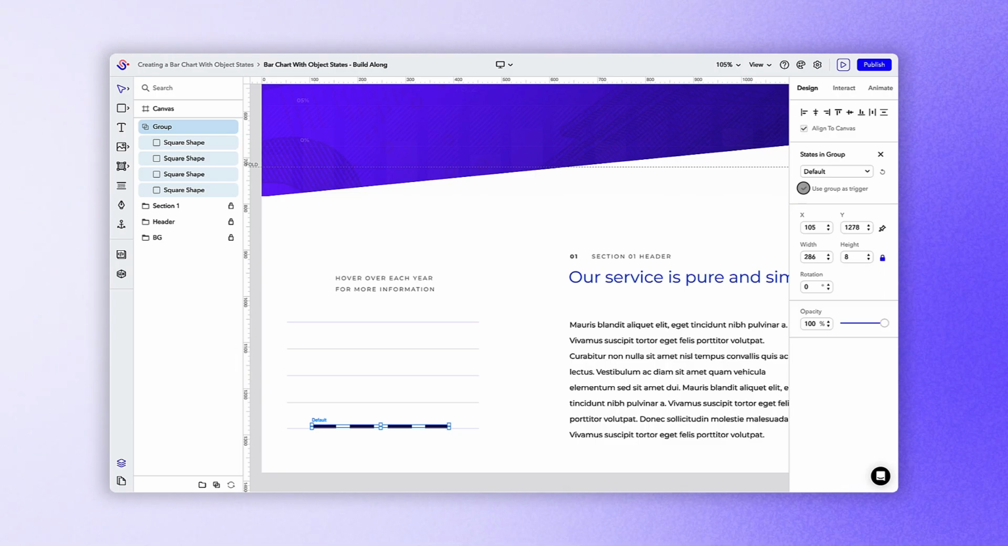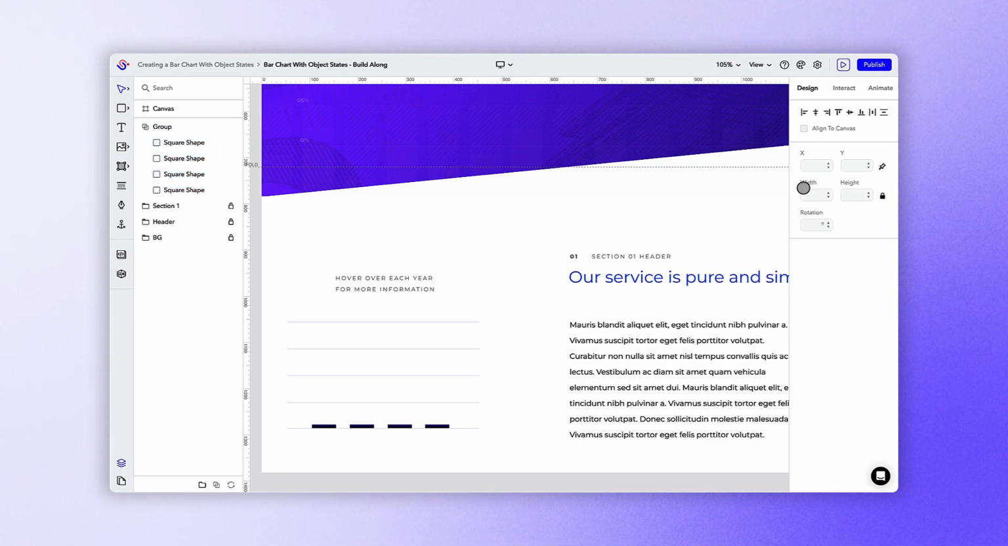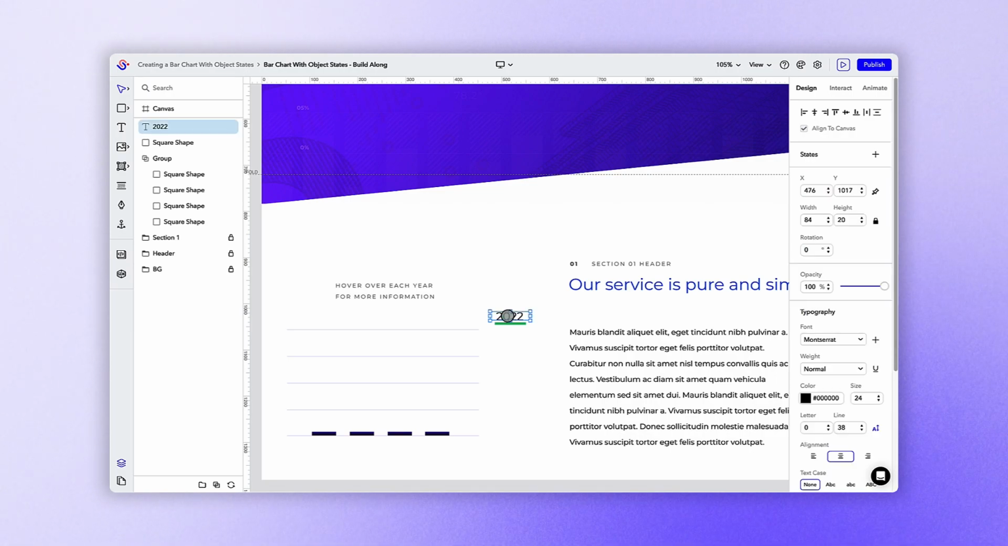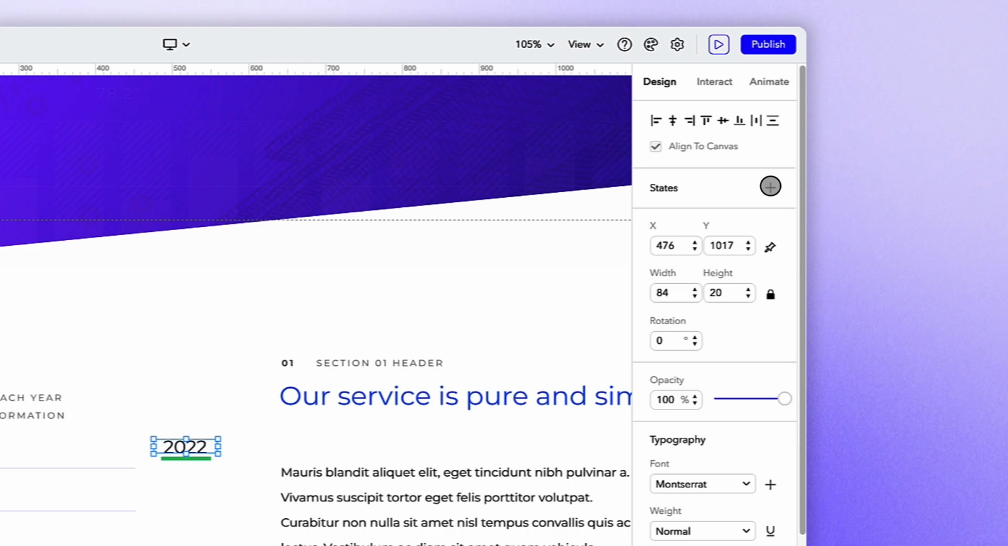Now that we've customized the various states for each bar in our graph, we need to create our 2021 and 2022 buttons that will trigger the changes in our graph. We can start by adding a small square shape on the canvas with a text box that says 2022 above it. We'll go ahead and add a new state to the text box, just like we added new states in